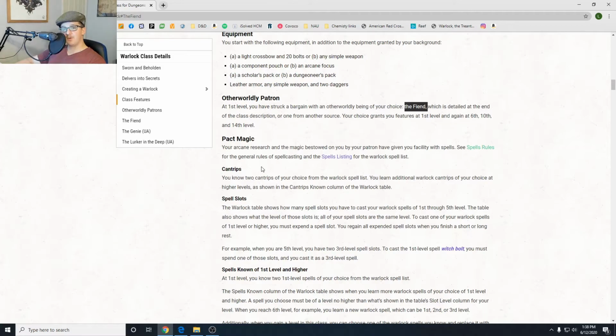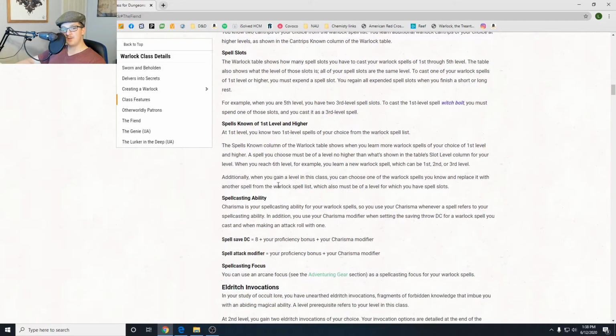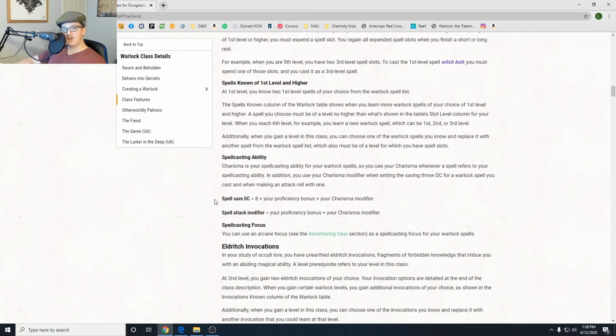Now, Warlocks are a little particular. They have some special rules, but mainly what you have to concern yourself with is that instead of normal spellcasters getting their spell slots back at the end of a long rest, Warlocks get their spell slots back at the end of a short rest, and otherwise their cantrips are the same. You are welcome to read this as you are reading along, but let's move on to the meat and potatoes,